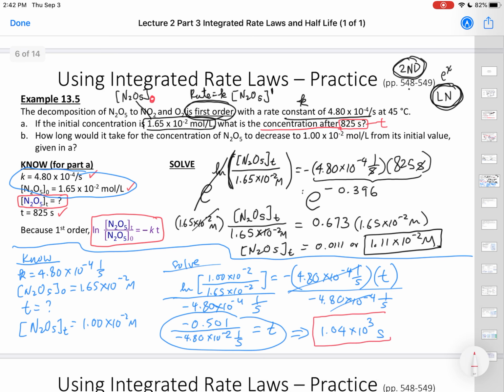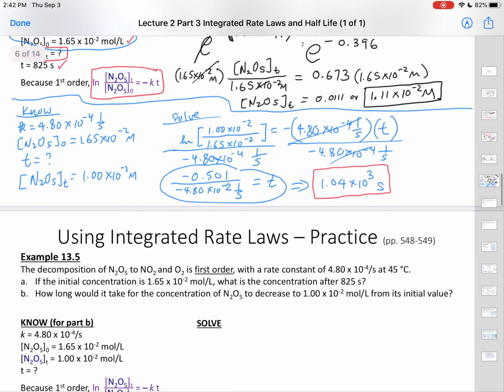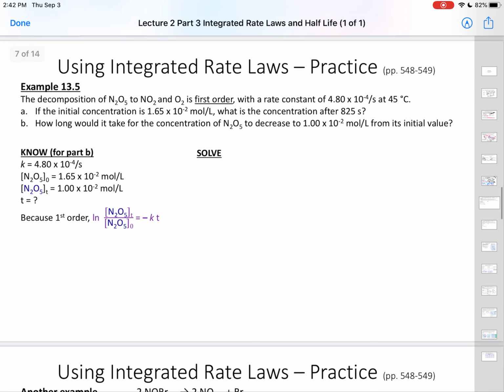So it's going to take you about 1,000 seconds to convert 1.65 times 10 to the minus 2 molarity to 1.00 times 10 to the minus 2 molarity. This is for a first order reaction. I'm just going to do one more because I do feel like it's important to understand how to solve these equations. So the next one says